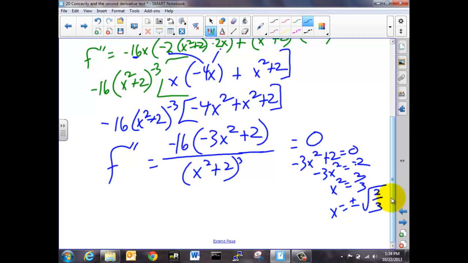Okay, so we've got, are these inflection points? They're critical points. Why are they not inflection points? We don't know if the concavity changes. These are possible inflection points. All right, go back. Now if it goes to the left and the right,